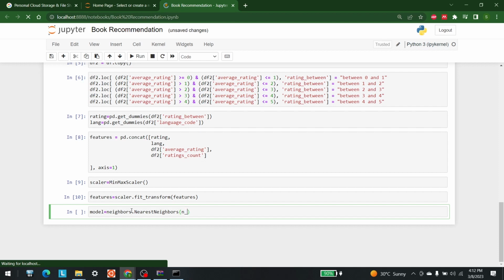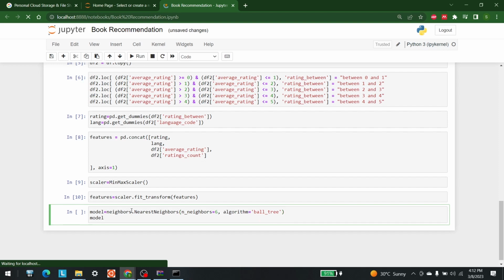Let's take 6. After that what is the algorithm? There are a number of algorithms, and I am going to use the ball tree algorithm for this. So ball_tree,